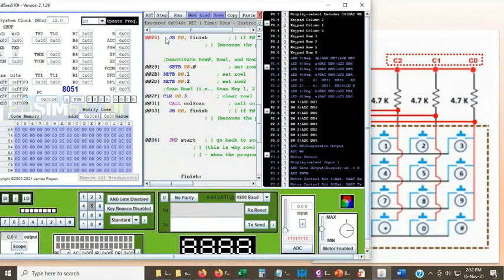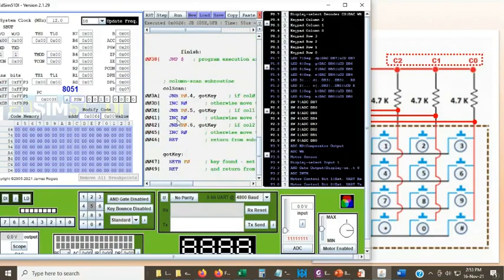Then you go to this particular jump if F0. Okay, so F0 is high. If it is high, jump to finish. So you jump to this particular location, finish. And now because this is an infinite loop, jump dollar, it keeps on repeating the same thing.